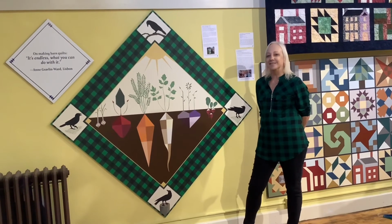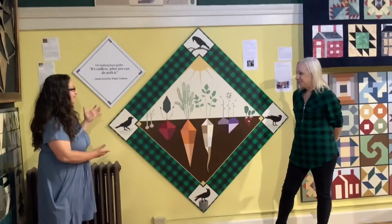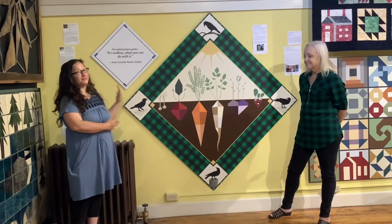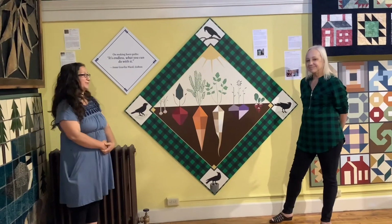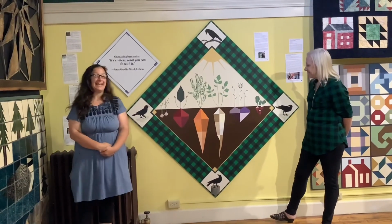She'll get you going. That's great, and it's wonderful to think that using those materials, this can just last for years and years, and we're so glad to get to have you here for just a little while to enjoy in the gallery. So thank you so much for contributing it to the exhibit and joining us today, and thank you all for doing